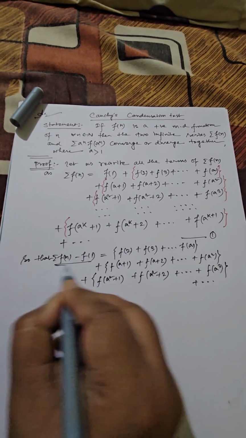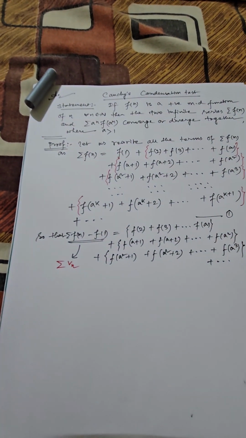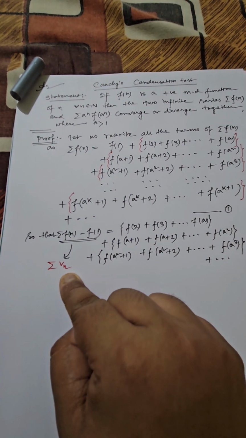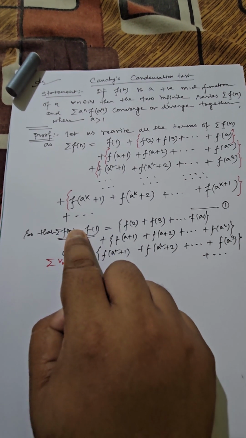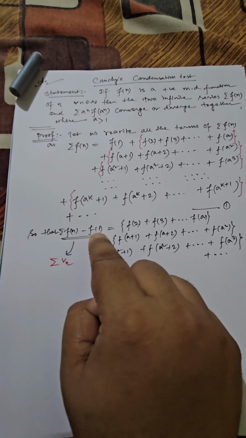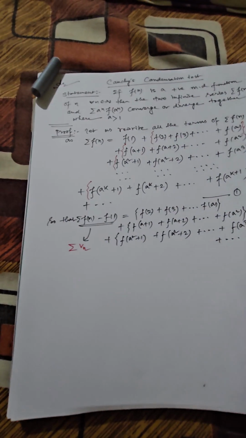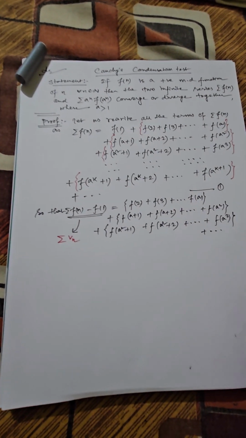So for simplicity, let us consider this entire portion as summation v(n). Obviously you can understand summation v(n) is a smaller series in comparison to summation f(n), because it has one term less than that of summation f(n). So later we will use this criterion. Now you can say